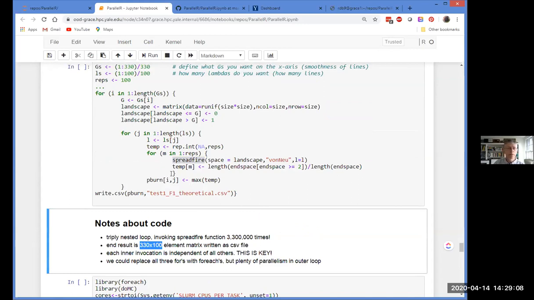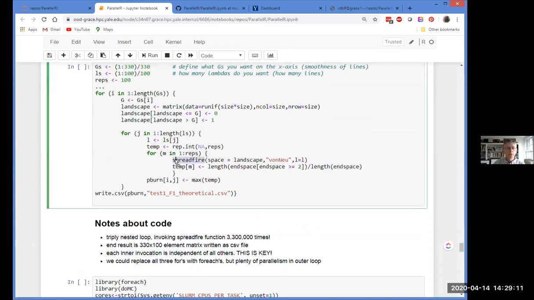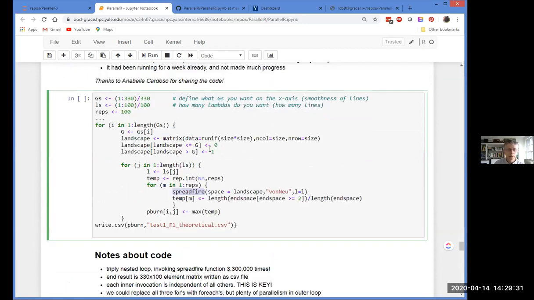But the really important thing is, if you stare at this, you realize that each invocation of spreadfire is independent of every other invocation, so they can be done in any order and in parallel. This is exactly the kind of situation that we love when it comes to foreach. So it looked pretty promising. Now we could go really crazy and make each of these 3 loops a foreach, but it was my opinion that the outer loop had 330 iterations, and that was plenty of parallelism.